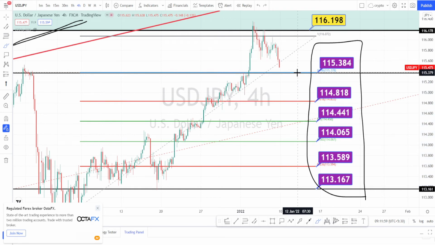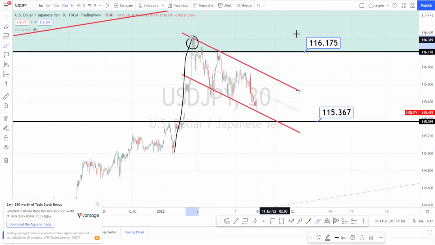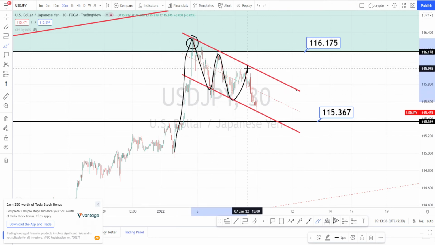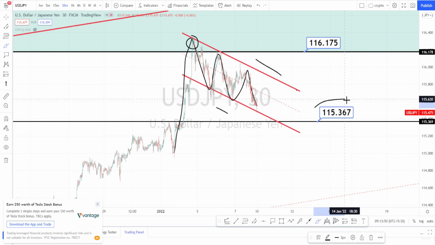Let us do the analysis in 30 minutes time frame. I am in 30 minutes time frame now. The price action was in a very nice bullish trend and the price got rejected at the level of 116. Now presently it is in a retracement or a bearish trend and it is trading within a bearish channel pattern, or we can also say it is forming a flag pattern, and this level is going to be acting as